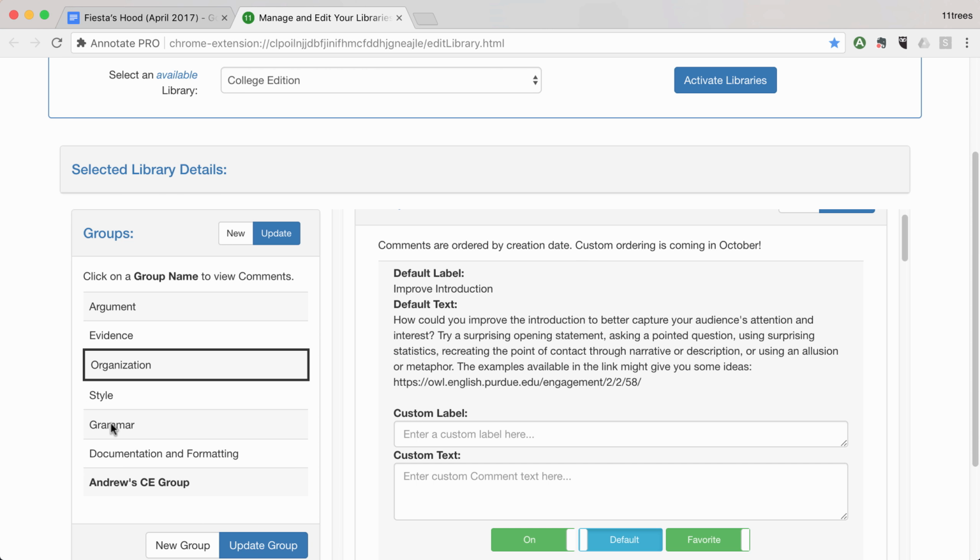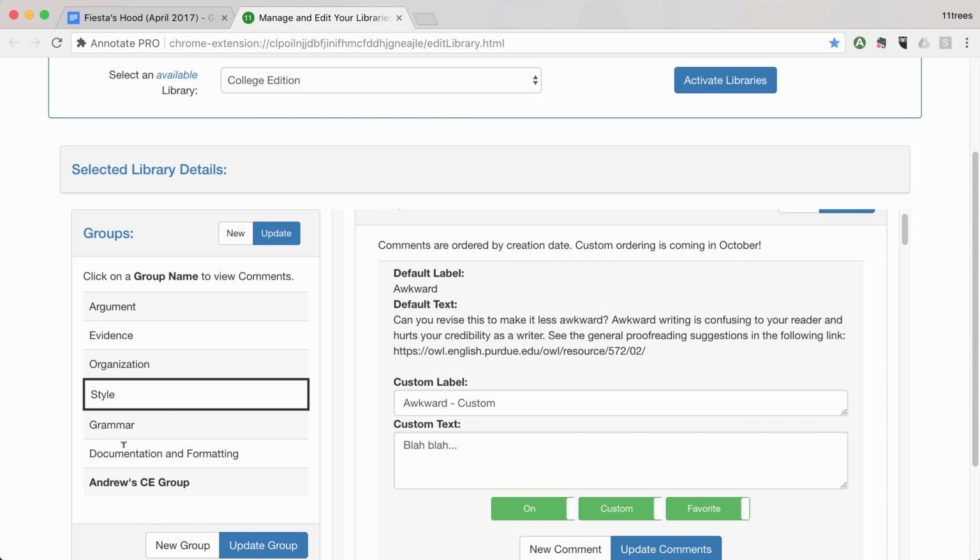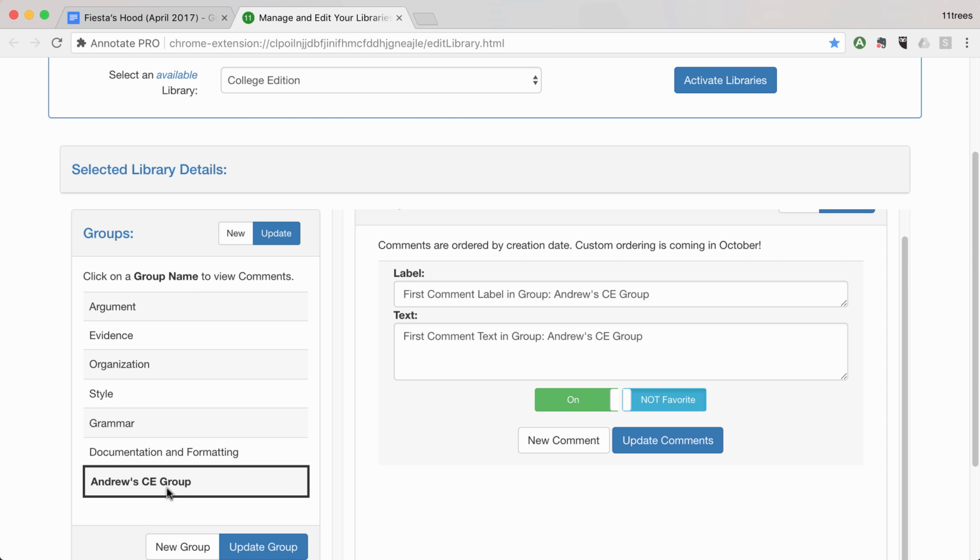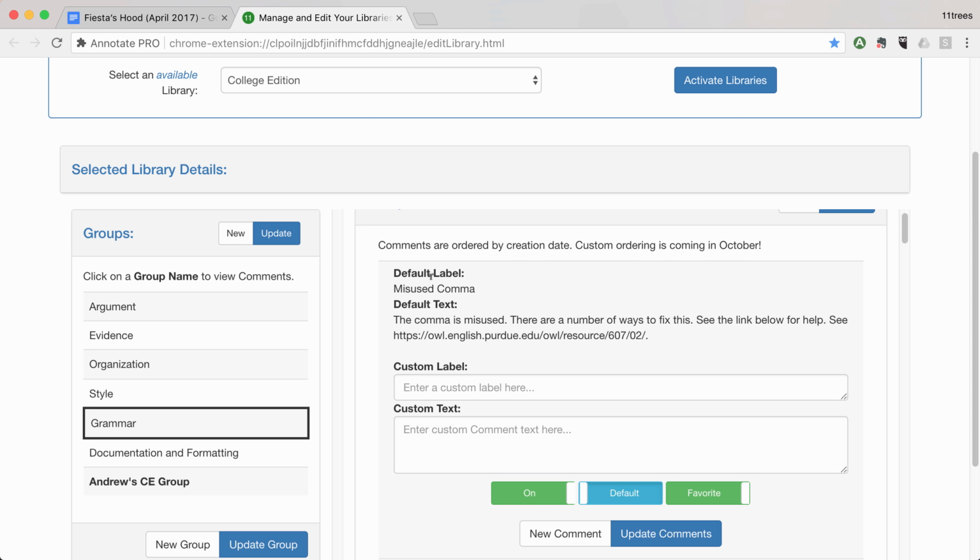The difference here on the left, if you notice, between the regular font groups and this last bold-faced group is that I authored this last one. The previous groups are part of the core college edition library, which I've licensed, so I can't edit their names. Although if I go to grammar, I can extend, which is the word we like to use, that these libraries are extensible. I can extend this library by both flipping a comment